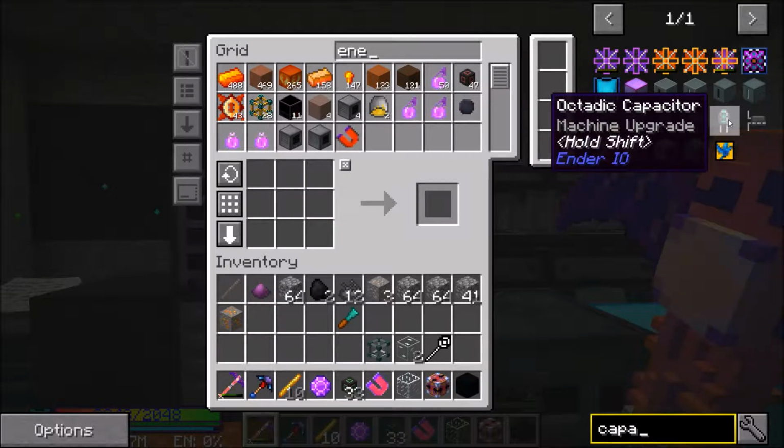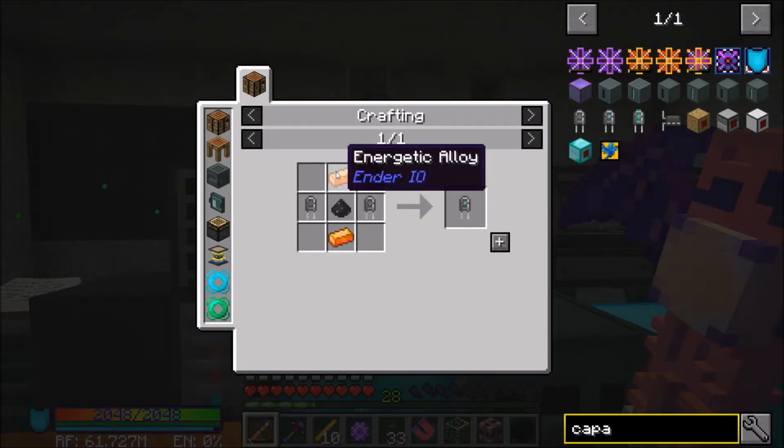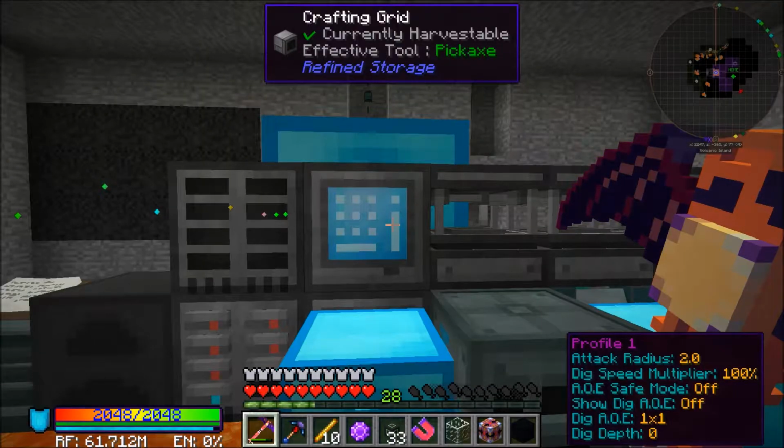And we need, geez, what was it? We need 224 of the vibrant alloy. So we're going to need 448 of the octadic capacitor. So we're going to need 448 of the double layer capacitors, which we need 2 energetic alloy for. So we need 896 energetic alloy. So I guess I'm going to need to go get some glowstone. We've got the gold for it, but I'll have to go get some glowstone here and start getting going on